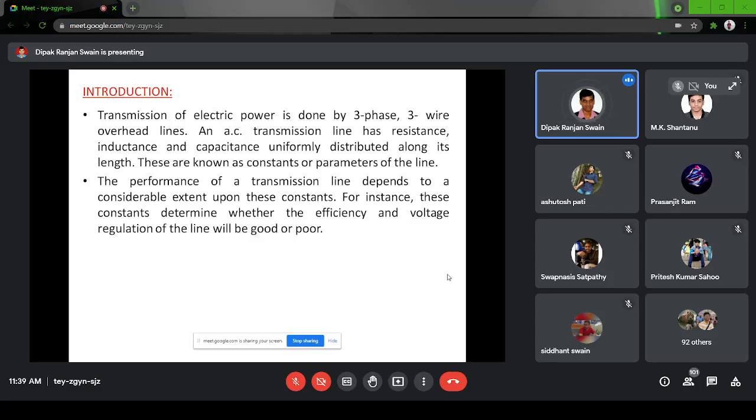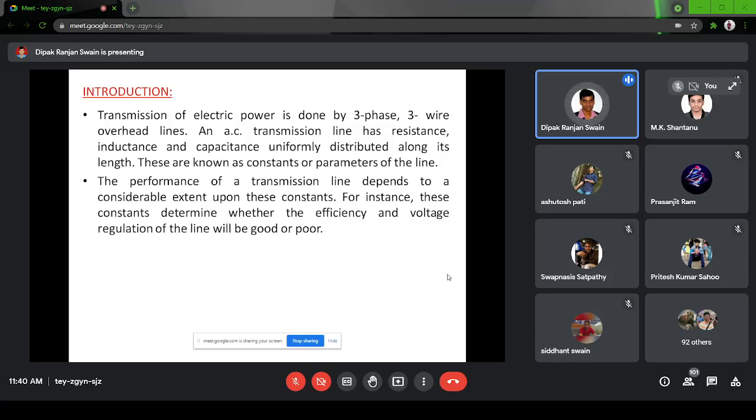Another is you consider them as a uniformly distributed line, and then you integrate over the whole line, so that the calculation will be much easier. The calculation will be accurate. But obviously, in that type of calculation, it will be time consuming, and sometimes the solution may not be available. When you do the solution part, then you will see.